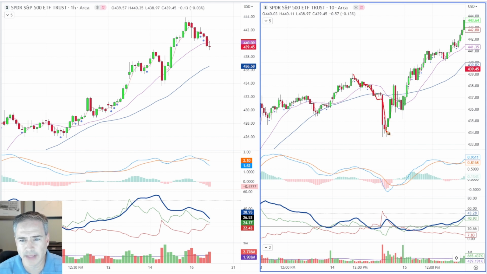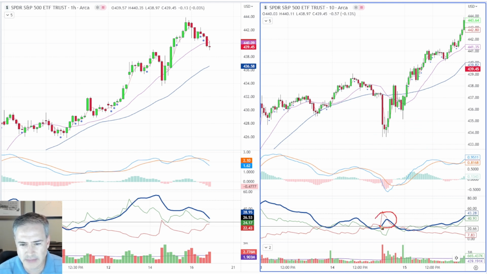Now, during that pullback, what I teach is when we get overrun of the MACD, we don't want to take the first signal coming back up, all right? When we get huge negative ADX reading on the sell side. So this is the decline phase, and we're getting a pretty strong reading. Now, it isn't as strong as the buy side. You see the last buyers were actually stronger than that last move. Even though red popped up, if you compare the two peaks, so this is a plus peak in ADX and this is a minus peak. And if you notice, this is still stronger than this. So that keeps our bias to the upside.